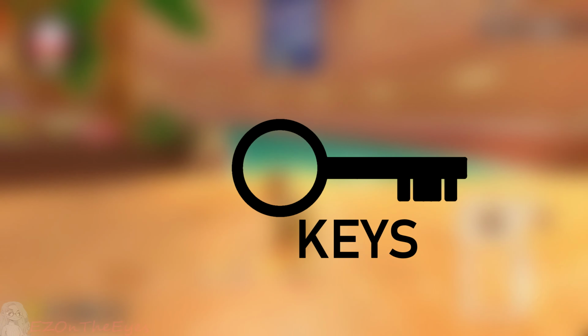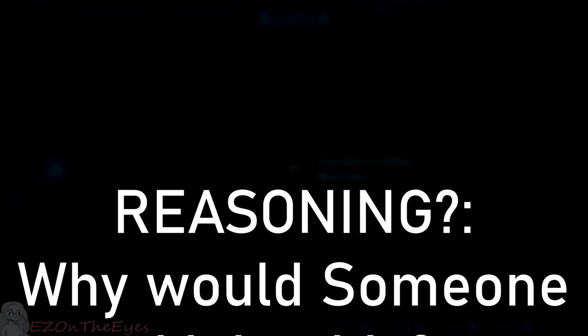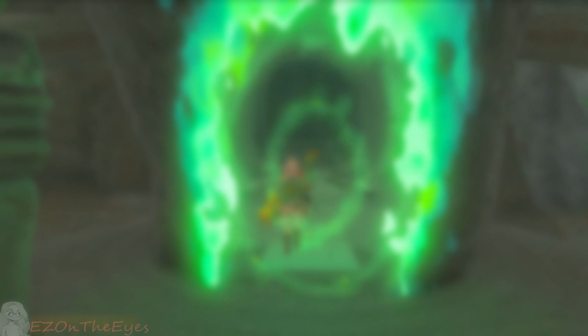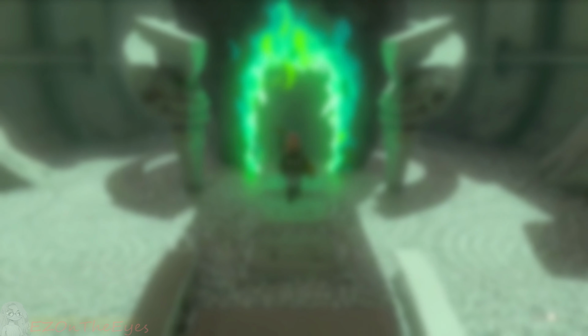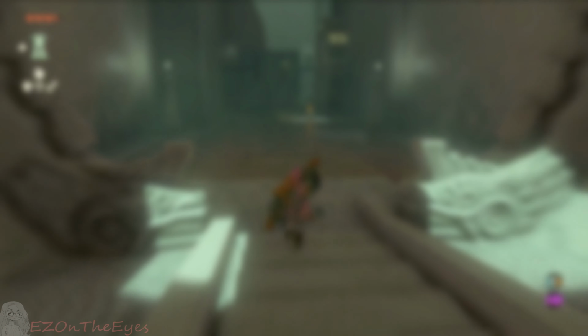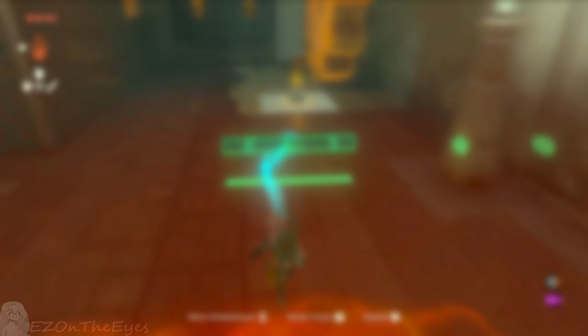So, with all that said, why would somebody go through all this hassle and still leave a breadcrumb trail of incrimination? There's a few reasons, and all can be more or less true at the same time. There's the obvious malware injection. There's no easier way to spread your Trojans to unsuspecting users than to play off a hype train. This is seen a lot in software, especially for unreleased media like games. Another reason is that trolling is very widespread in the Nintendo homebrew community.